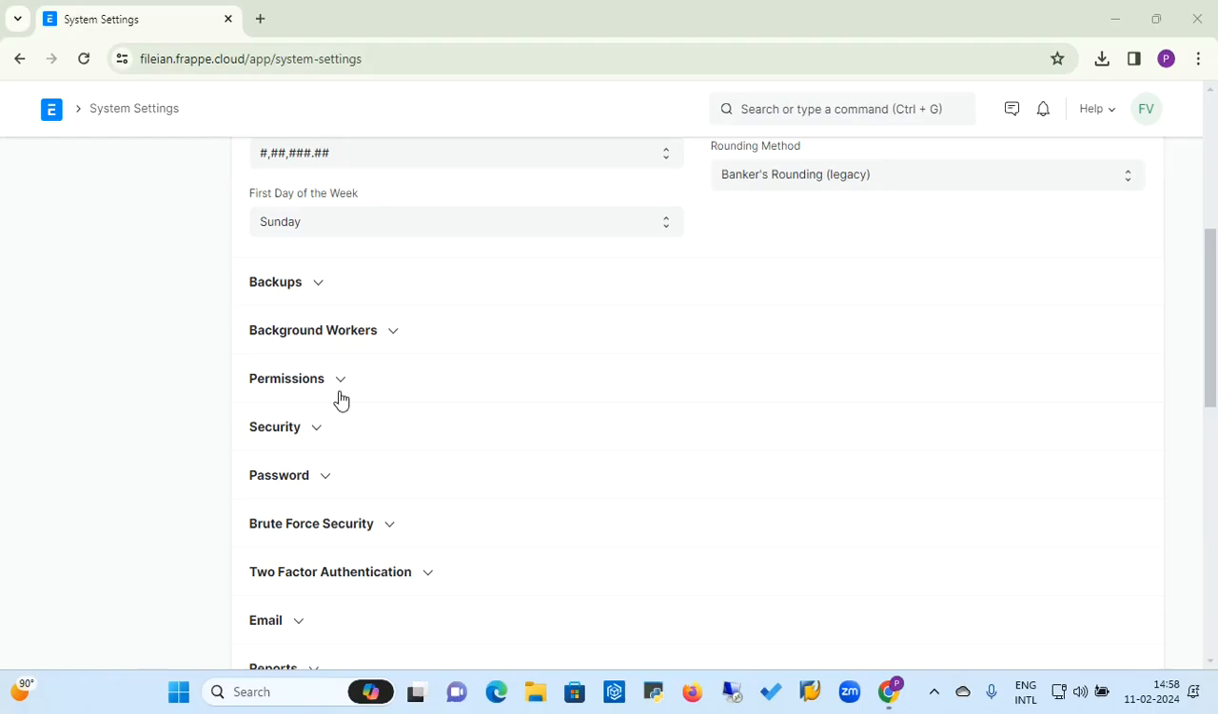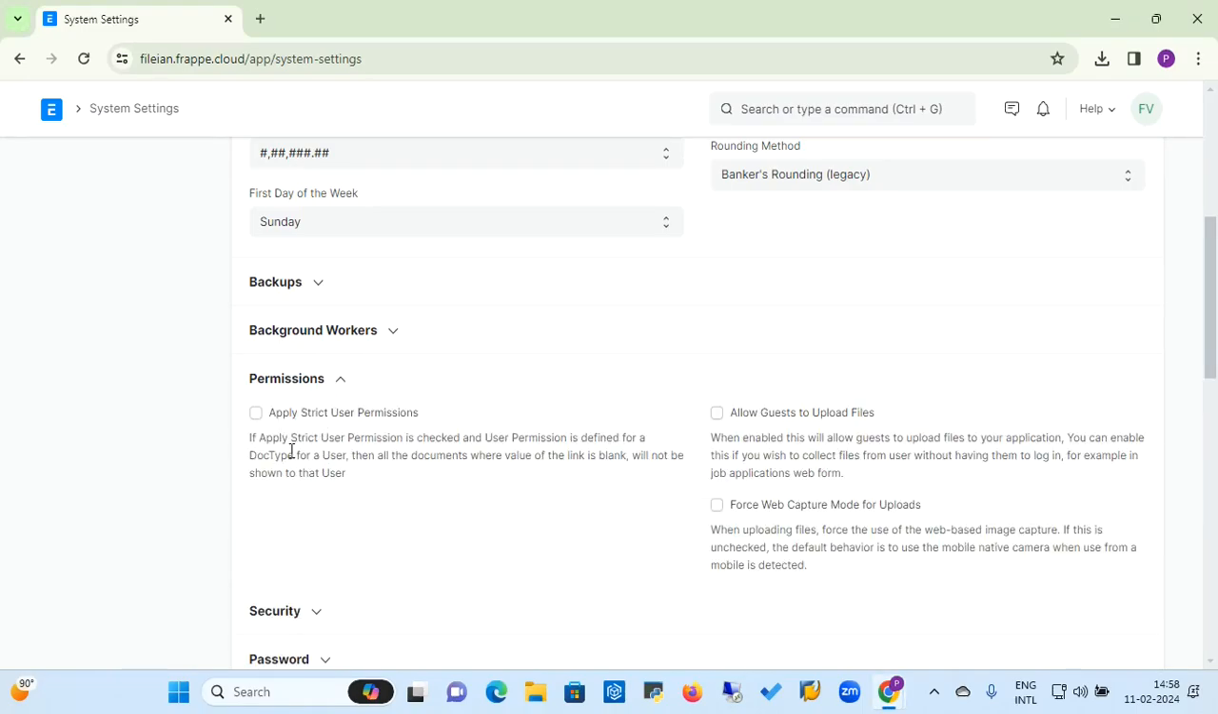Also, there are some important sections as well, like a permission section. Here you can give access or restrict the user permission by activating this flag. Also, you can make